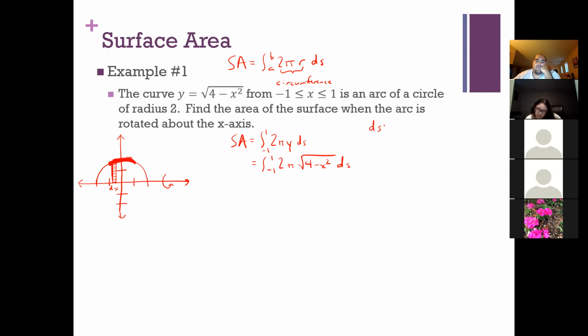And just to remind you, how do we find arc length? Arc length, ds, is equal to the square root of 1 minus this derivative squared dx. So our next job here is to